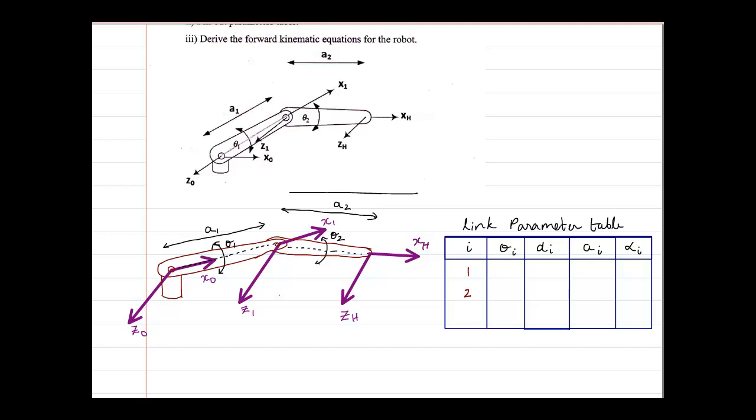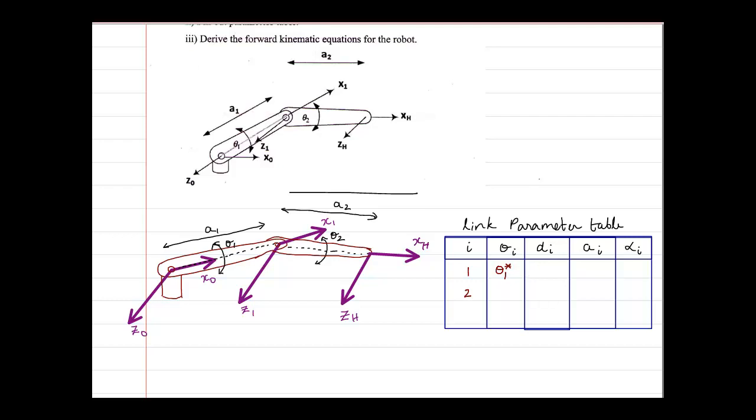So first, theta is the angle with which we have to rotate so that x0 becomes parallel to x1. Here both of them are parallel, so there is no angle movement, but there is theta 1, which is the joint variable. So I will write here theta 1